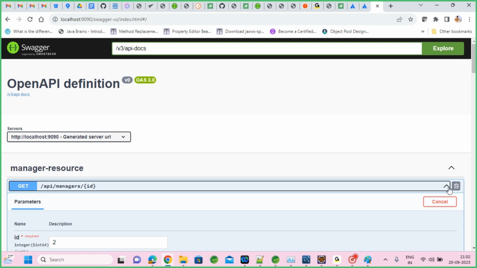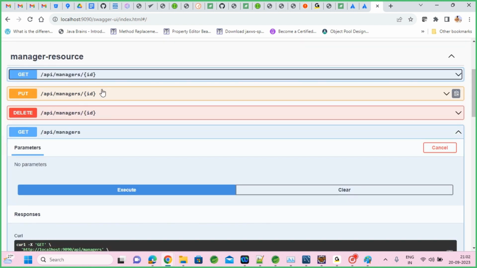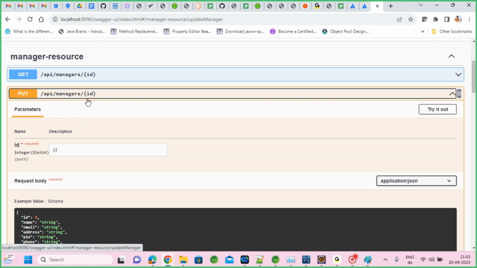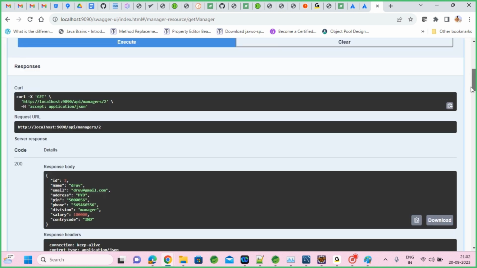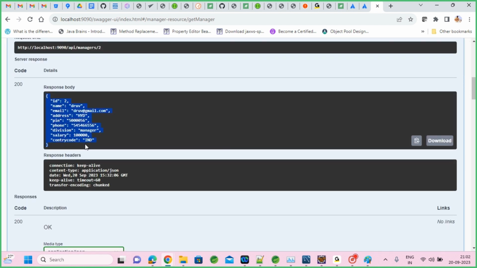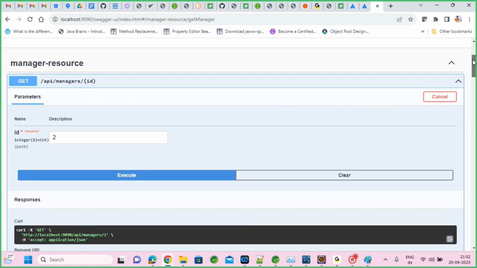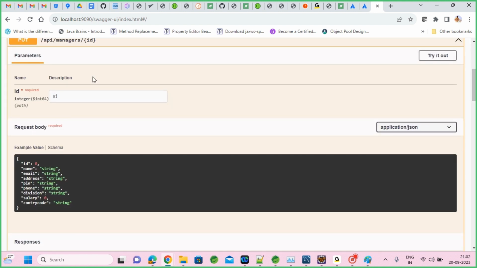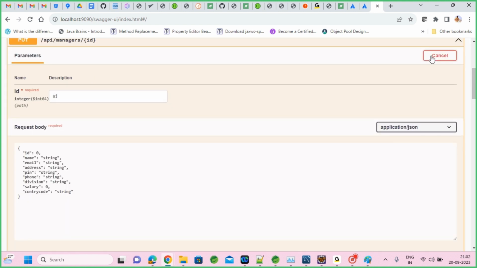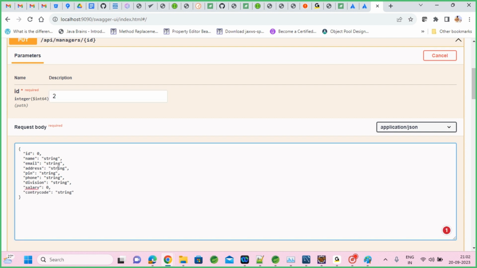Now if you want to delete or update that record, I want to update the record which has ID 1 or 2. I already have the record 2 data here. So I want to update that user's data via this PUT call, passing his ID with the data. I want to change his email ID